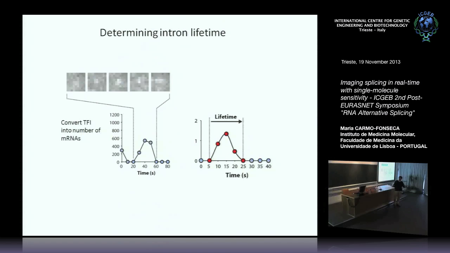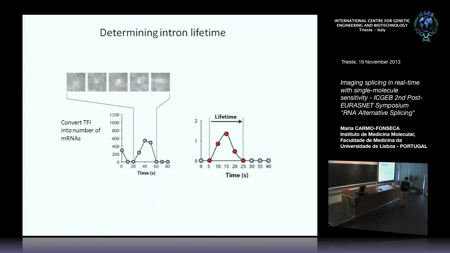Then there is an increase in fluorescence followed by a decrease back to background. So we assume this corresponds to the synthesis and splicing and degradation of a single pre-messenger RNA. So at this point, we were confident that we could measure the lifetime of introns, and then we started to